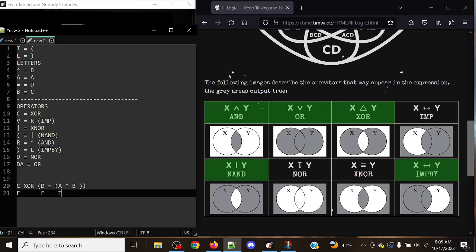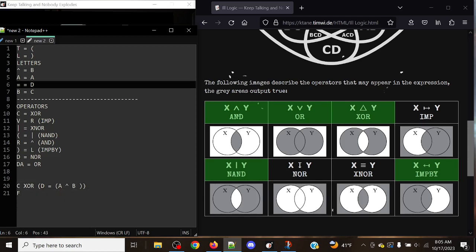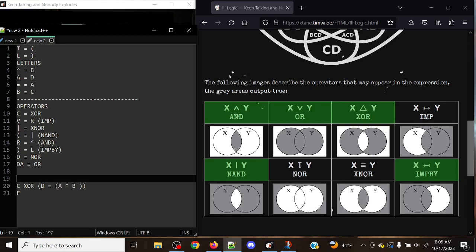True XNOR false would make that false, and then false XOR false would make that false. So this means the order needs to be swapped for these two. So this is equal to alpha, this is equal to delta. Very glad I checked this, because if we do this all over again with these two in a swap position,